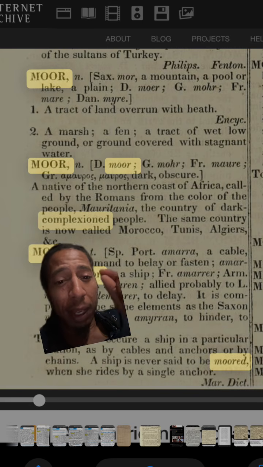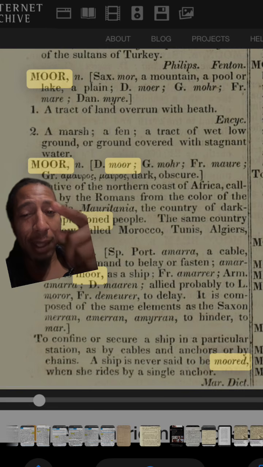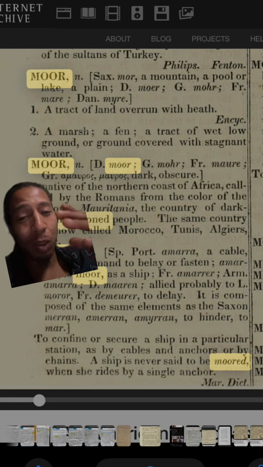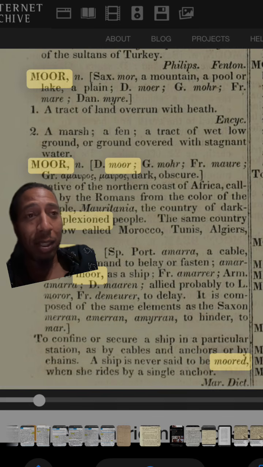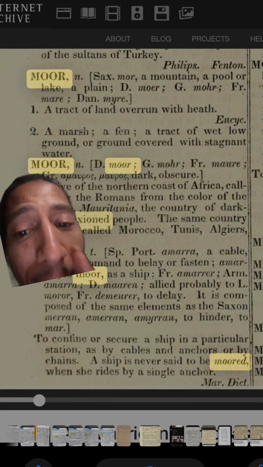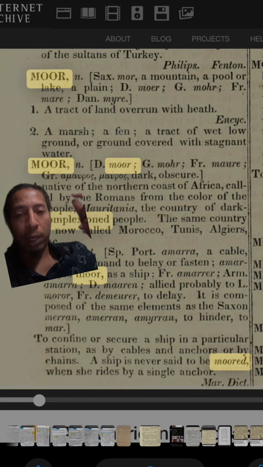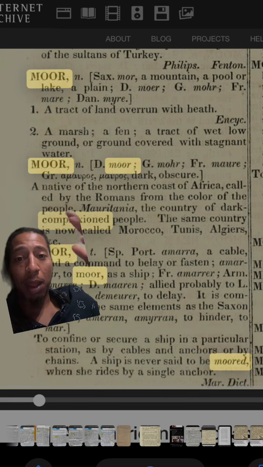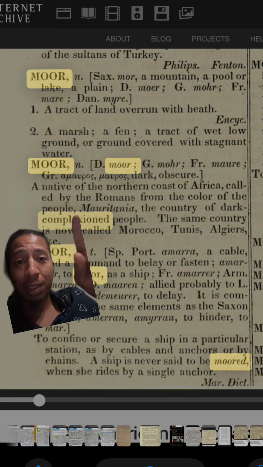But why did it change? You got to ask that. In the 1850s, when a lot of other stuff changed. That's when they tried to take away the Indians and call us Africans. Notice they're saying that they're calling the Moors Africans too. They're Africanizing everybody, okay? They're Africanizing us. They're Africanizing the European blacks, and they're Africanizing the black Negroes in America, because when you look up the word black, it starts to say this too.